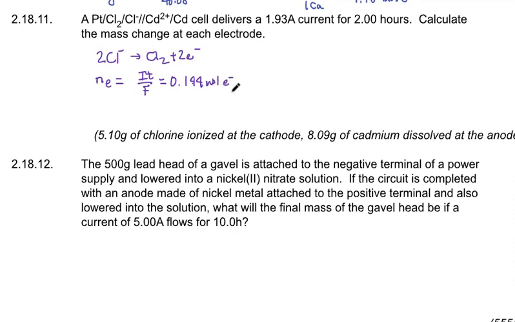moles of electrons. Now, I'm just going to reorganize this a bit. This number is true for both sides of the cell. They both have the same current flowing through them. The time is the same for both. The question is, how much mass do we get on each of the reactions from this? On the chlorine side,